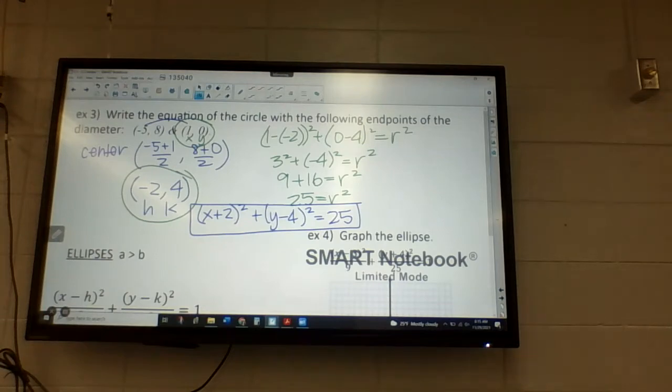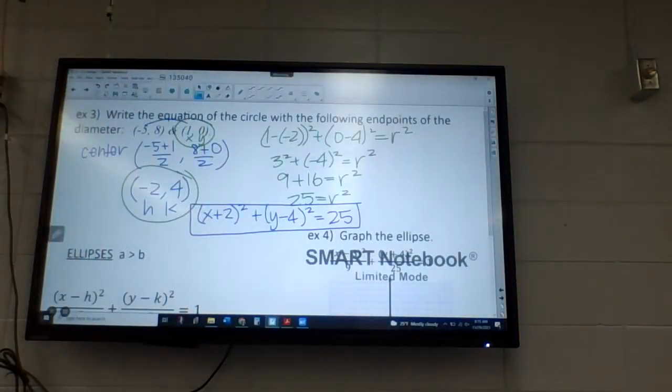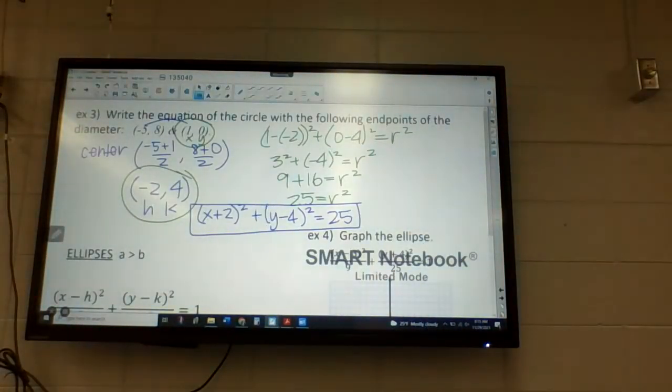Do you remember that now, hopefully? So part of our assignment tonight will just be doing circle review. And again, we're not quizzing tomorrow. We have a few more sections to do before we're going to test on this chapter. But waiting to review seemed like a bad idea. So we'll go to ellipses then, when you guys are ready. I gave you guys